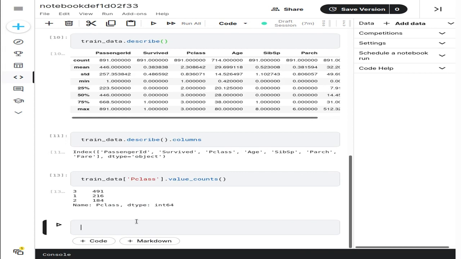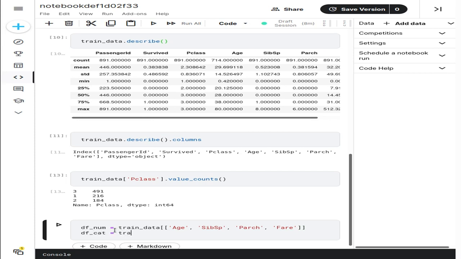And now what we will do is that we will create the different data frames. So we will create df_num for the numerical values. It will receive train data of age, SibSp, Parch, and Fare. As for the categorical, it will also receive train data, and we will be filtering by Survived,